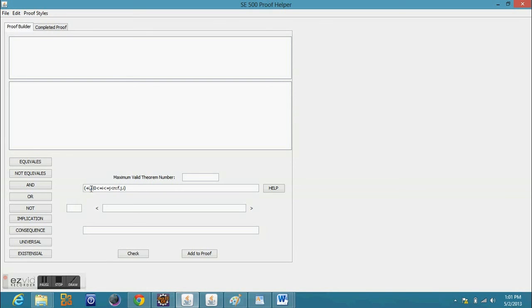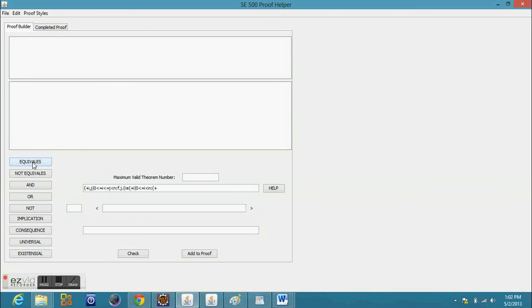My range is that whole mess of 0 less than or equal to i, less than or equal to j, less than n, and the body is just f dot j dot i. So some function utilizing the dummies j and i. At this particular point, we don't care what the function is or does. We just want to show how quantifications